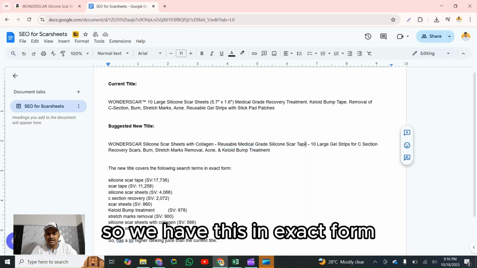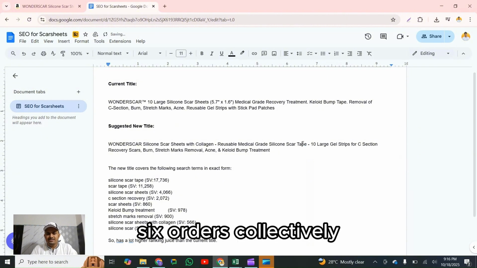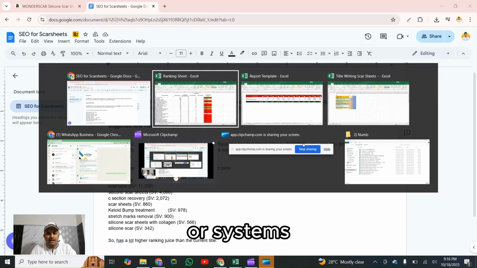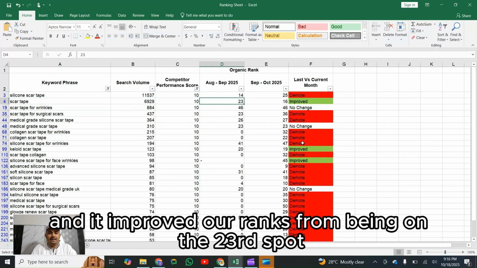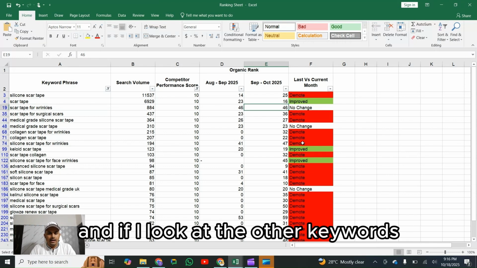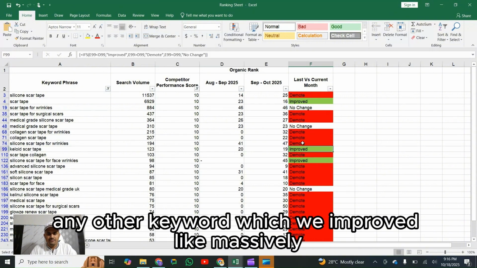So we have this in exact form, and we produced like six orders collectively for scar tape and its broad variant keywords or systems, and it improved our ranks from being on the 23rd spot to 16th. That is a decent improvement. And if I look at the other keywords, scar tape for wrinkles, it got on the same. Any other keyword which we improved massively,